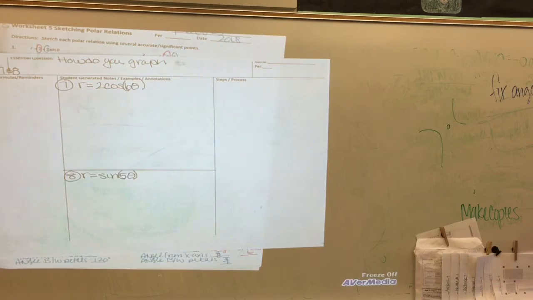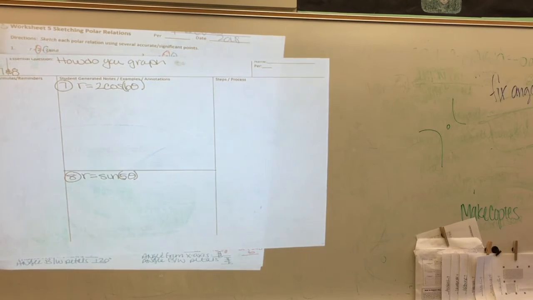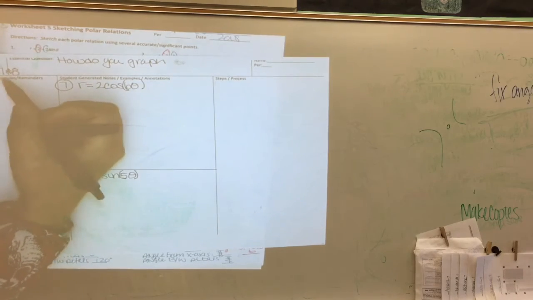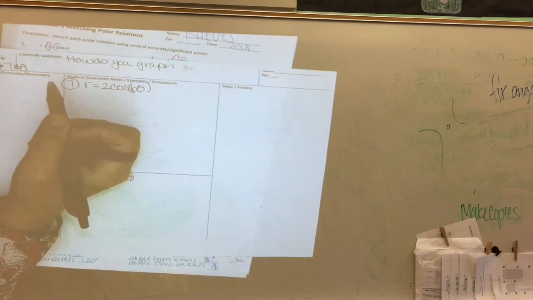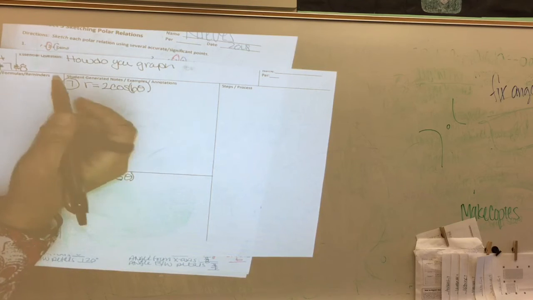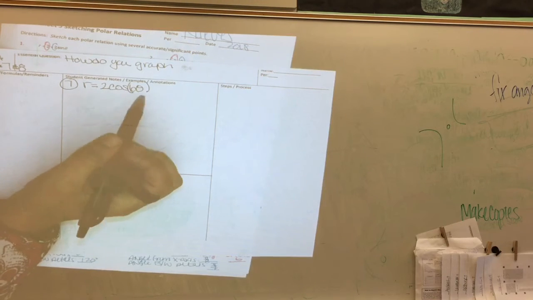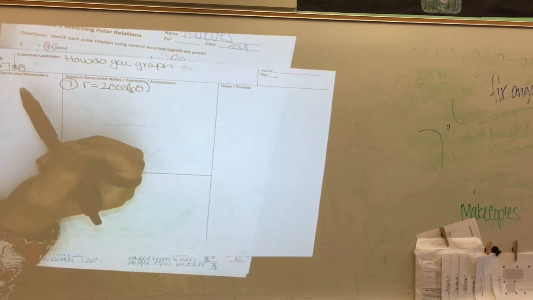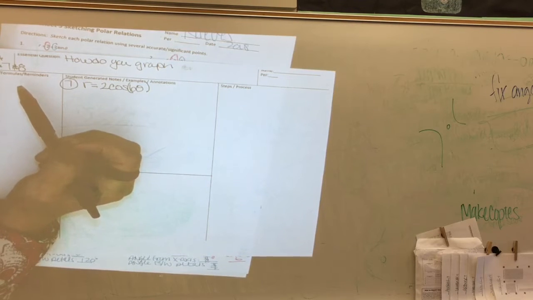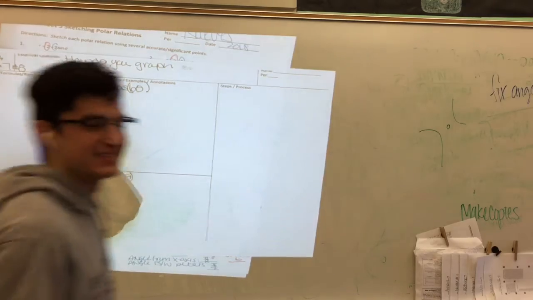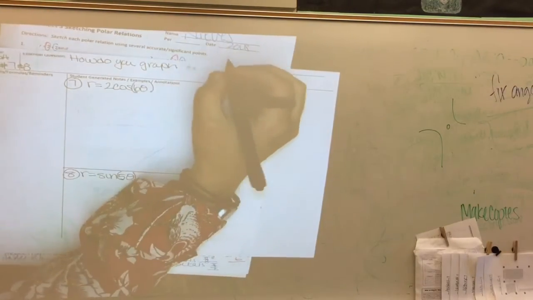Okay, so this is where I'm going to start off with my AVID notes today. I have a copy. All right, so this is my 5.5. I know there's no 5.4. We're going to have 2 5.5, so I'll put one in the 5.4 spot, one in the 5.5 location. I am choosing for my 2 rose curves to use from worksheet 5, numbers 7 and 8. My essential question is, how do you graph